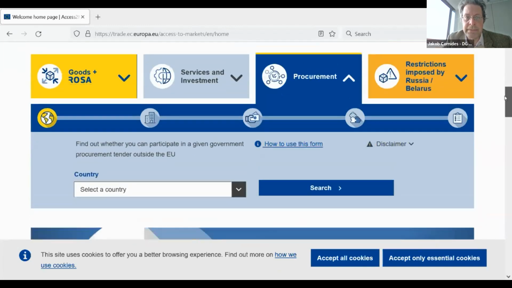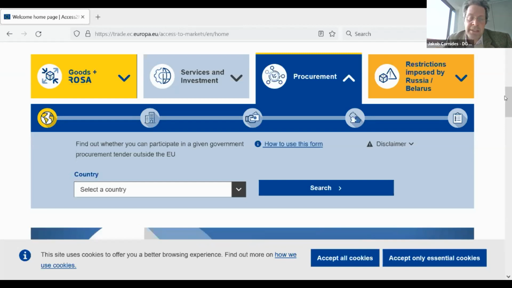The purpose of this tool at this time is limited to helping European companies, European suppliers, to find out whether they are entitled to bid on a public procurement going on abroad in another country on an equal footing with local suppliers.